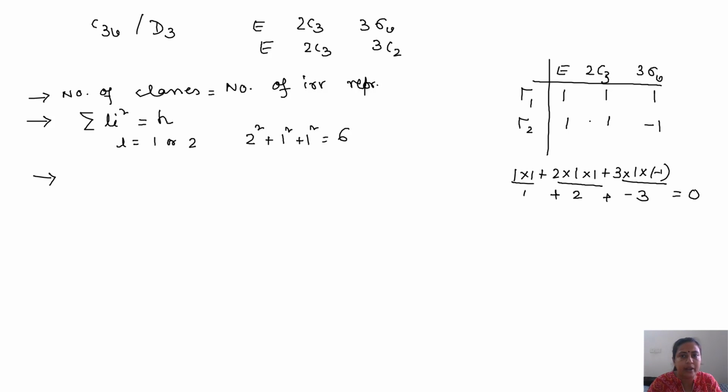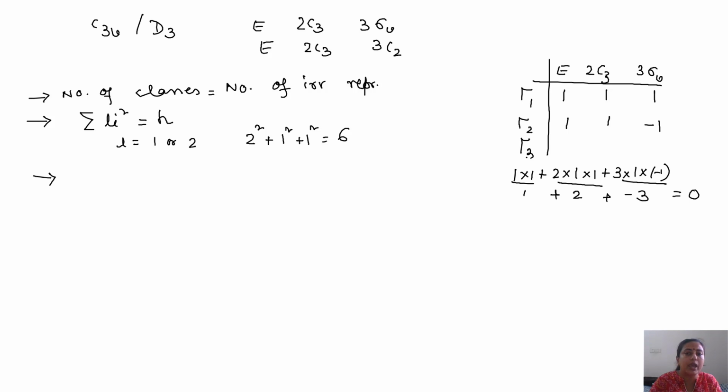So the second entry is going to be another one-dimensional representation. So there is no other option. We have to write 1 under the symmetry operation E, because here the number tells you the dimension of the representation, whether it is 1 dimension or 2 dimension. So if I put 1 over here, we have no other option. We have to write 1, 1 and minus 1.